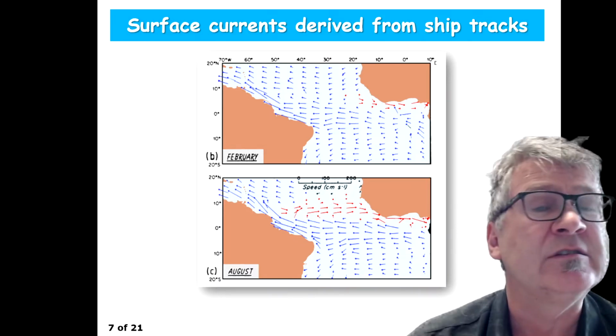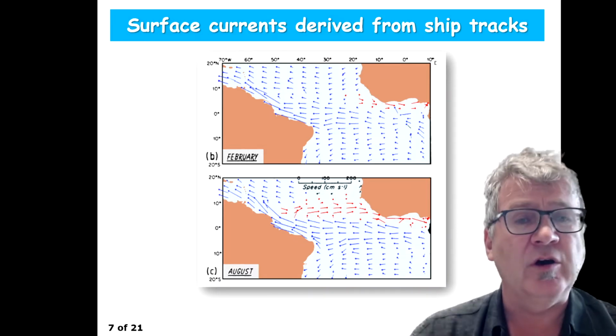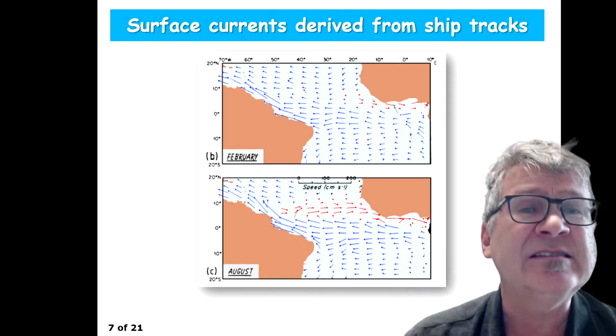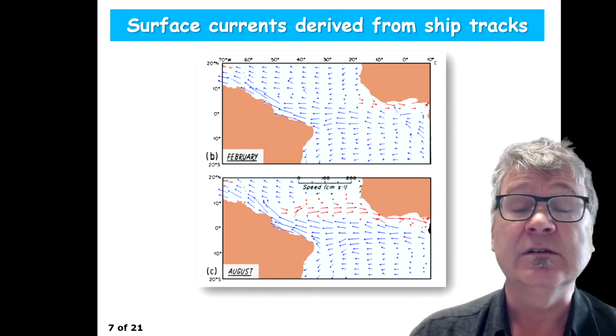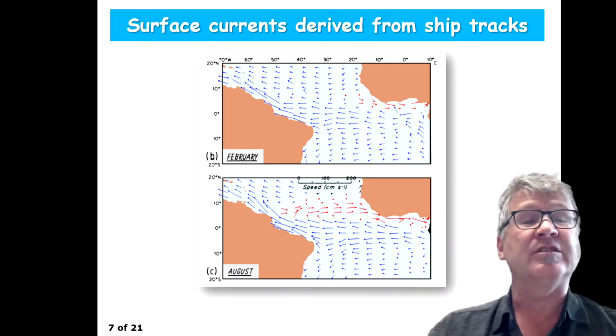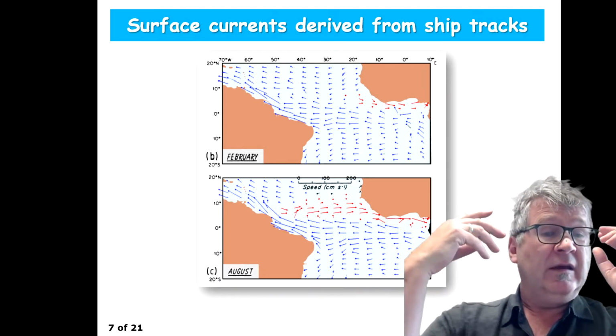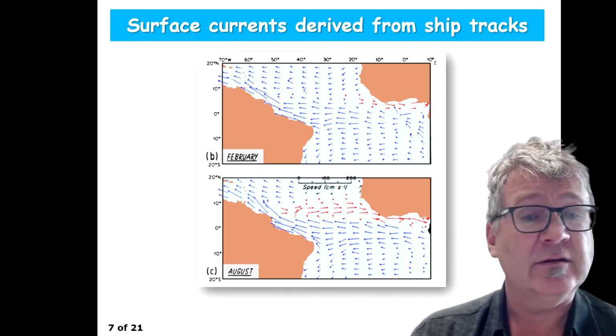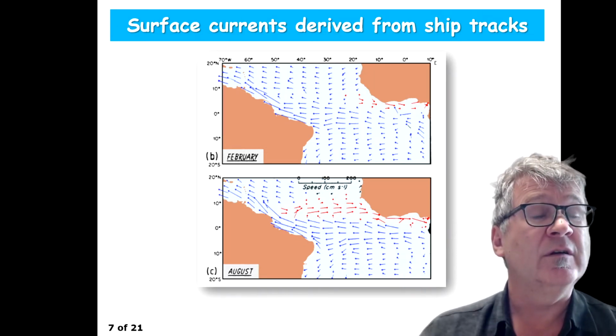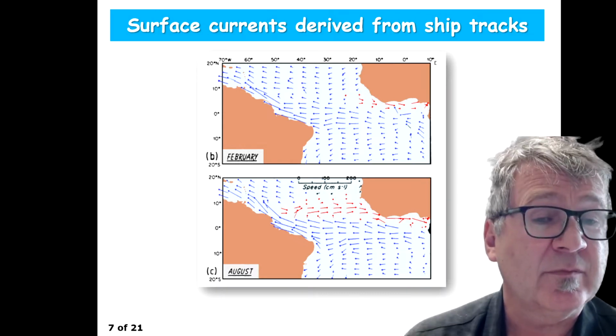So in other regions, you can use the method of estimating the surface currents from the slope of the sea surface. Okay, so what's shown here is actually the currents derived from ship tracks, from the tracks of ships, okay, where